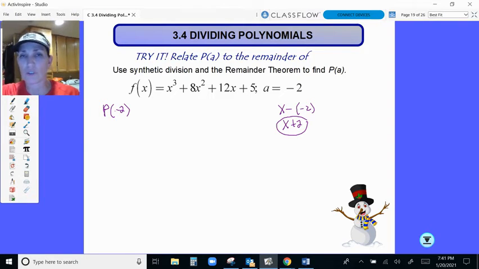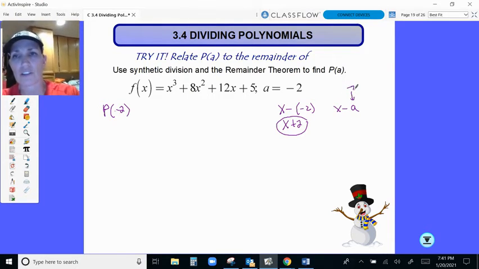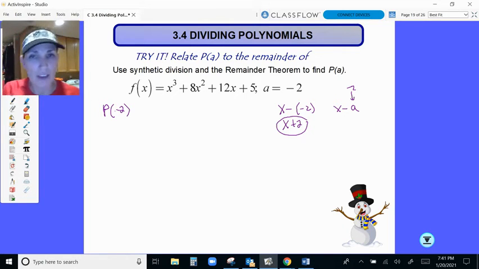People always get confused on what do I divide by, 2 or -2. This is my factored form, x minus a. So then whatever a is, I plug that in there, right? Plug -2 into there. And so that gives me x minus -2, which is x plus 2. So I'm dividing by the 0, -2. Okay? So -2 into all this gobbledygook, so into 1,